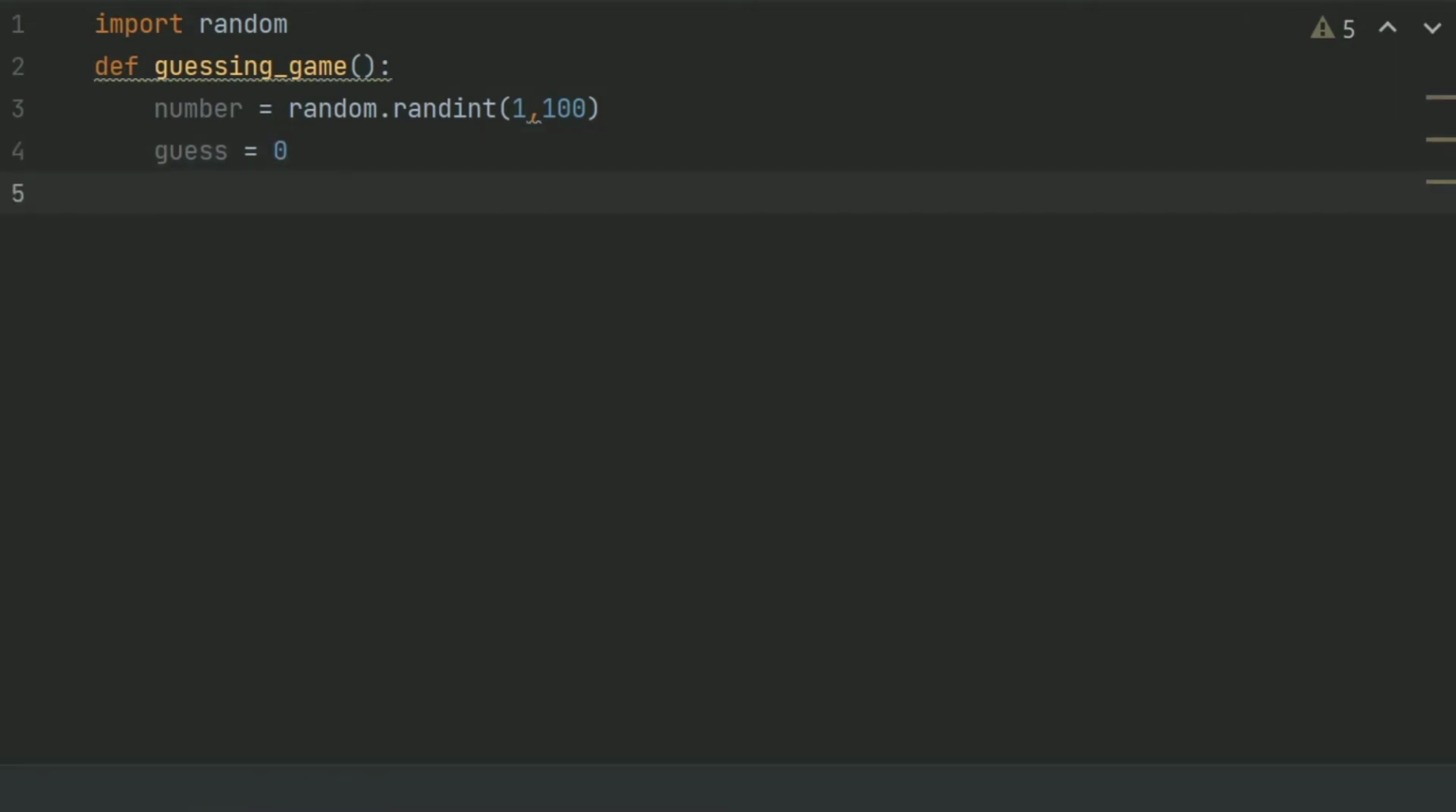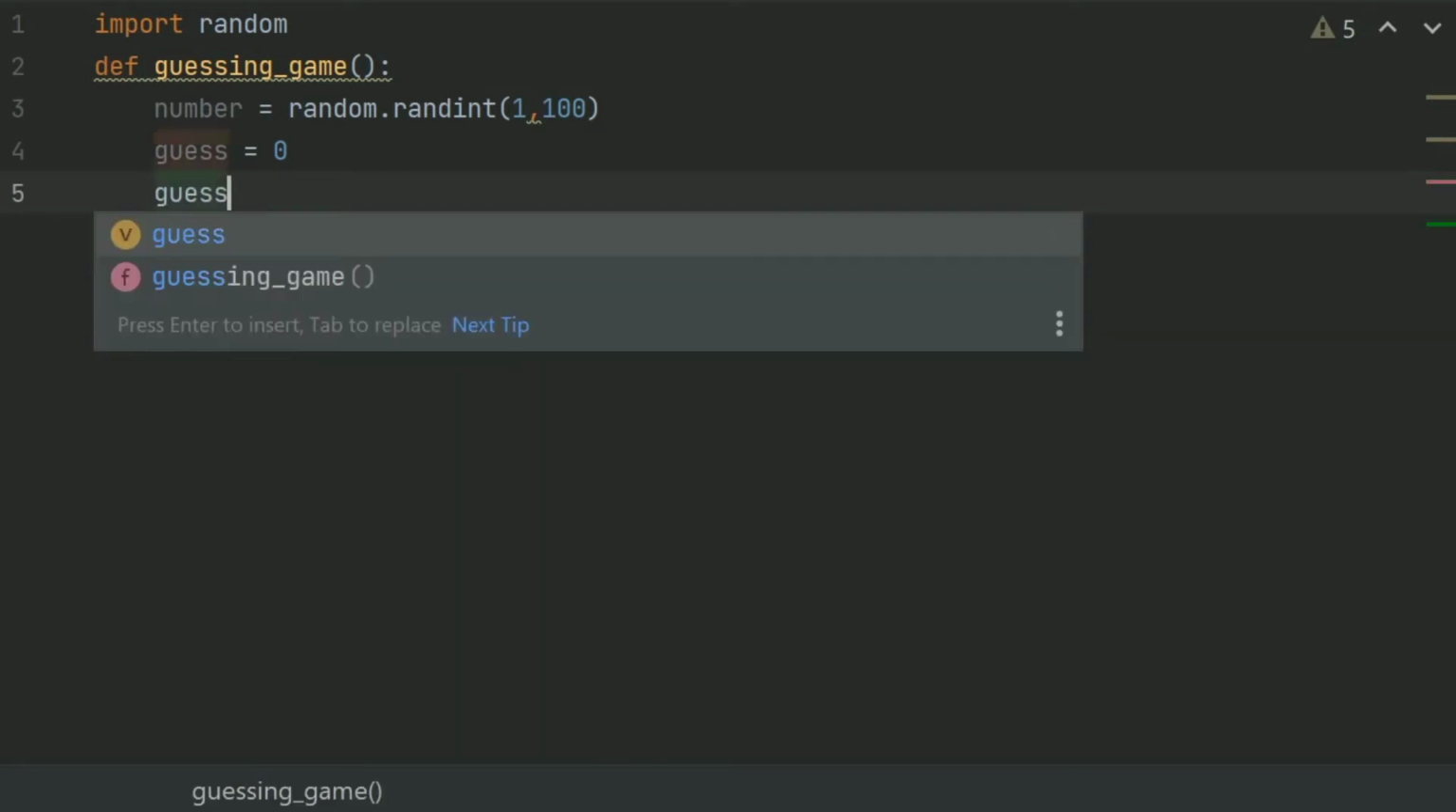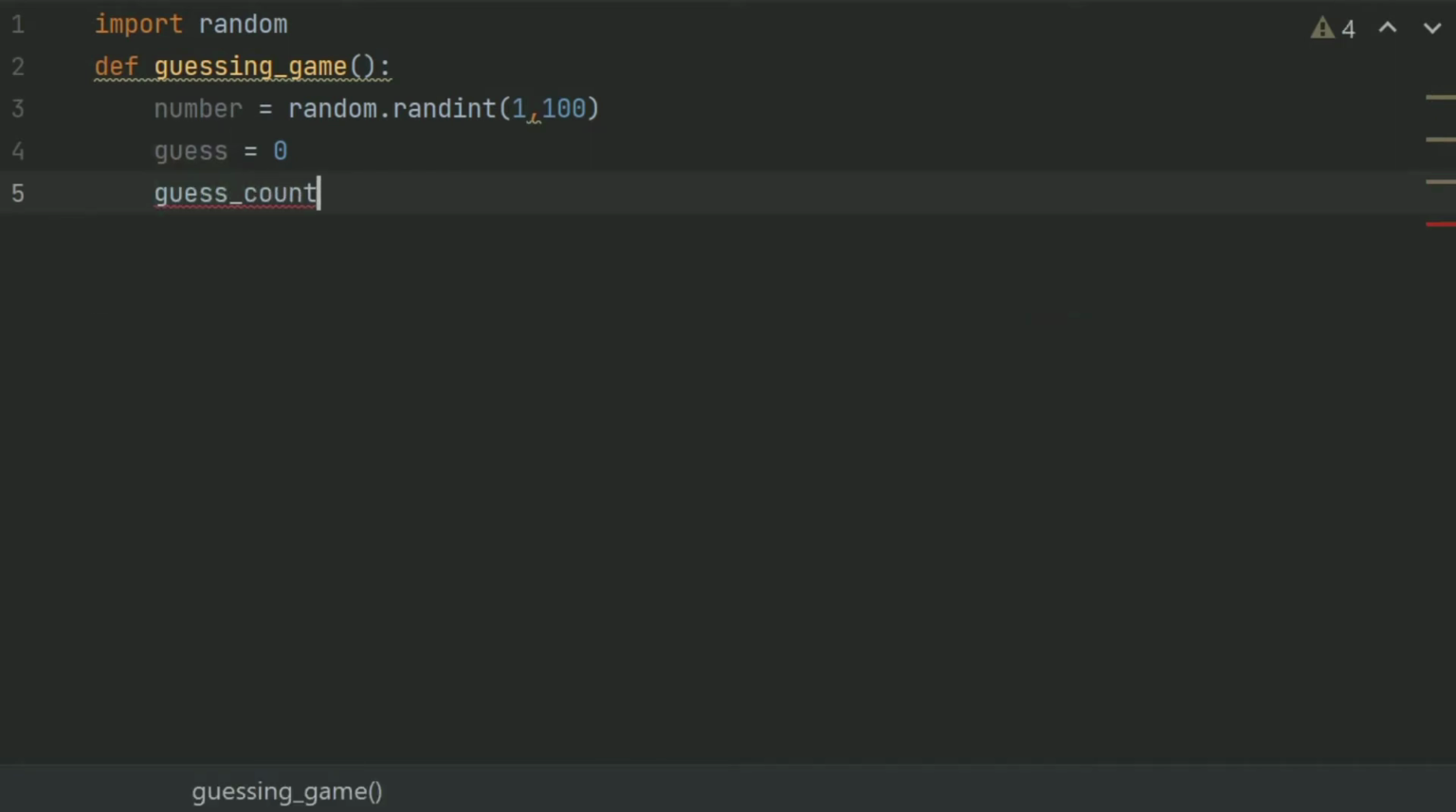Create another variable guess_count to keep count of user guesses. Set it equal to 0. Now create a while loop. While guess not equal to number,